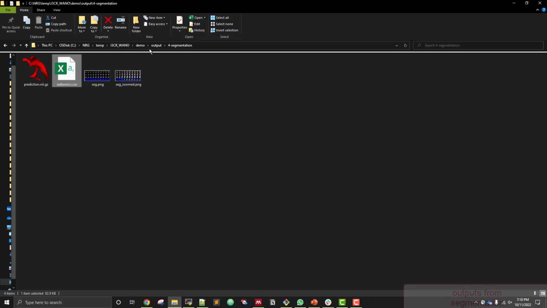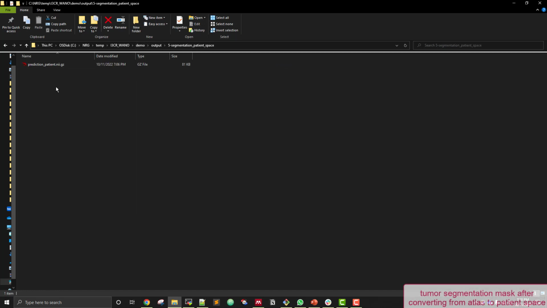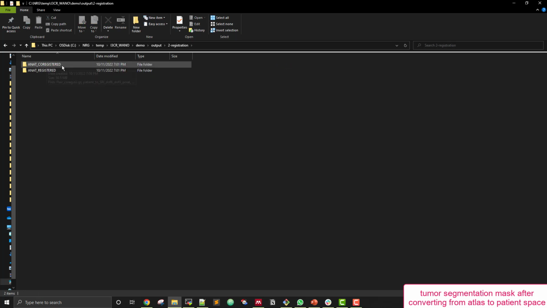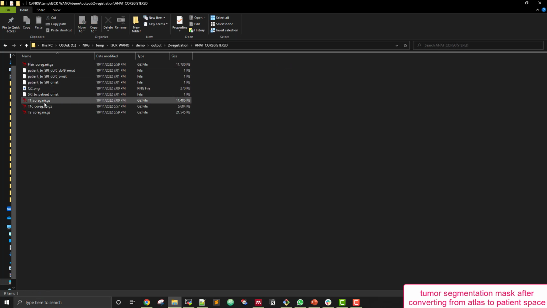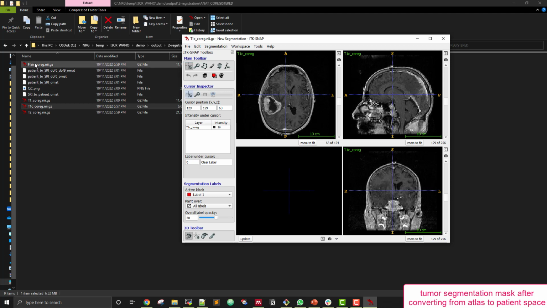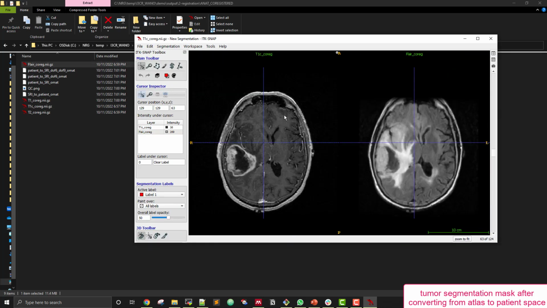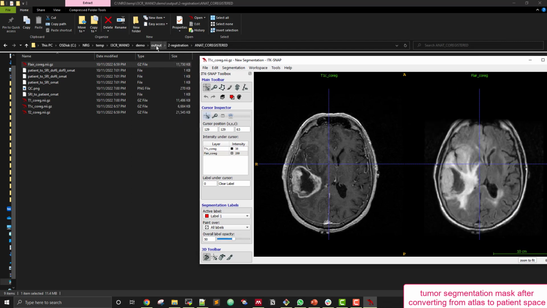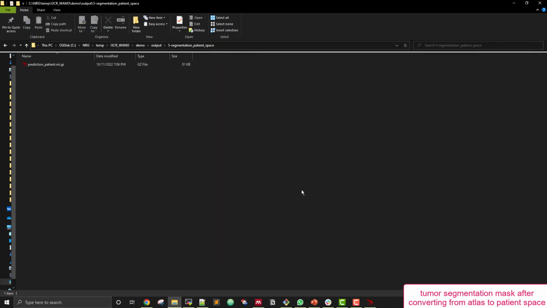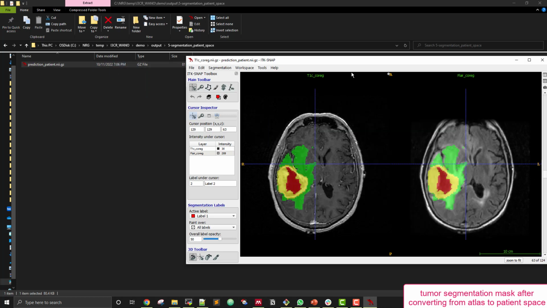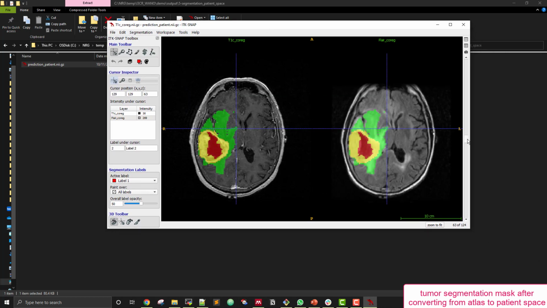So now moving on to the next step, which is the segmentation patient space. Now this is the same tumor segmentation mask but in the patient space. So you will be able to overlay this on the co-registered scans now, because these co-registered scans are in the patient space. So I open up this T1 contrast and the FLAIR co-registered scans, and I overlay this prediction in patient space, and you can see that they are showing the tumor in the patient space.